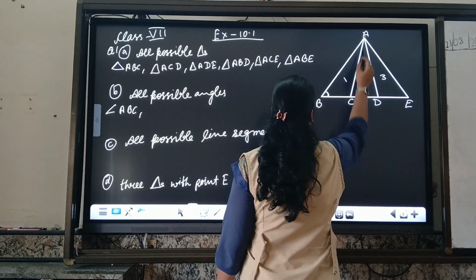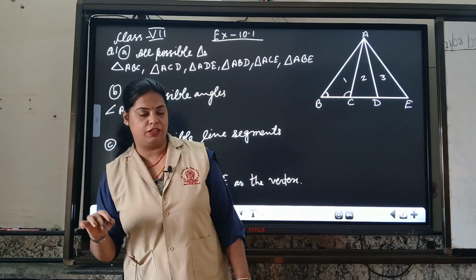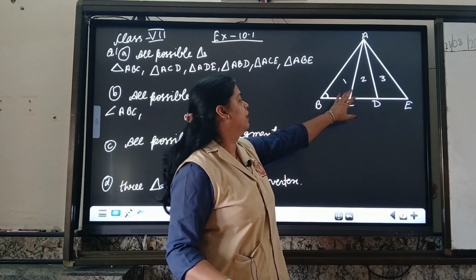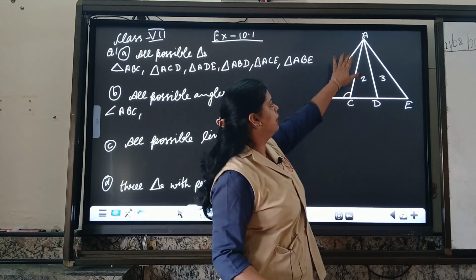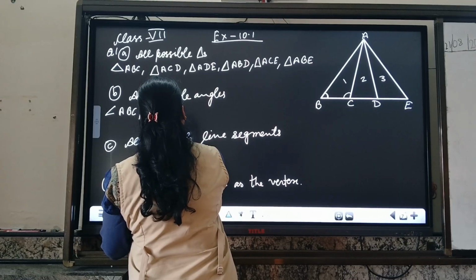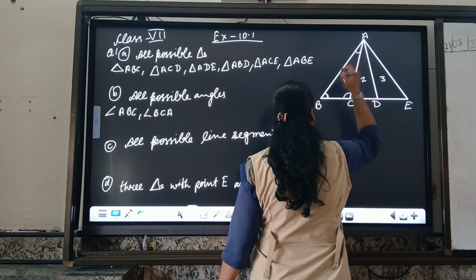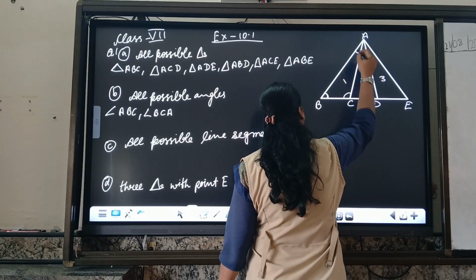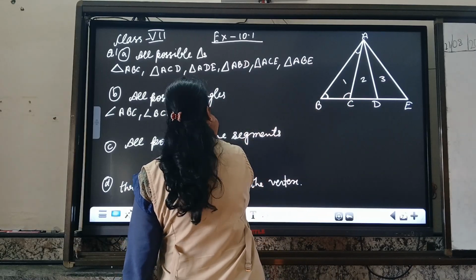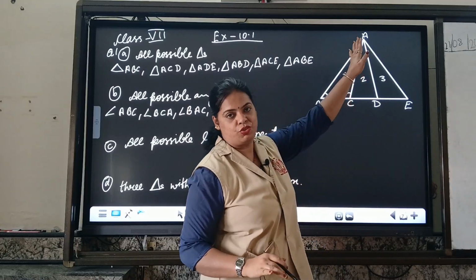Now the next one I will take is angle C. Another angle I am taking from the same triangle. So it is C, which is in between B and A. So I will write angle C in between B and A. So it will be written BCA. If I go towards this, I will write CAB. I will take A in between B and C. I have covered all three angles of the first triangle.